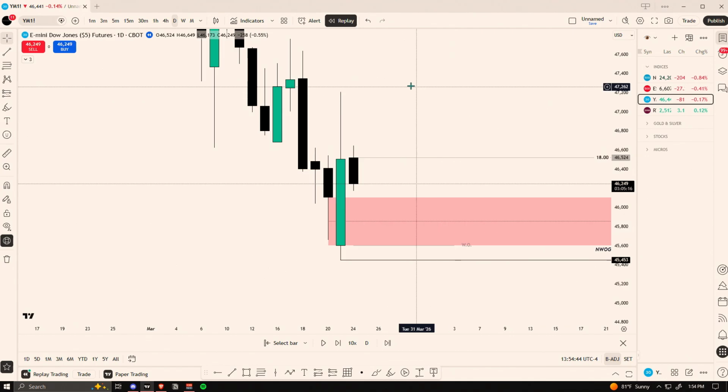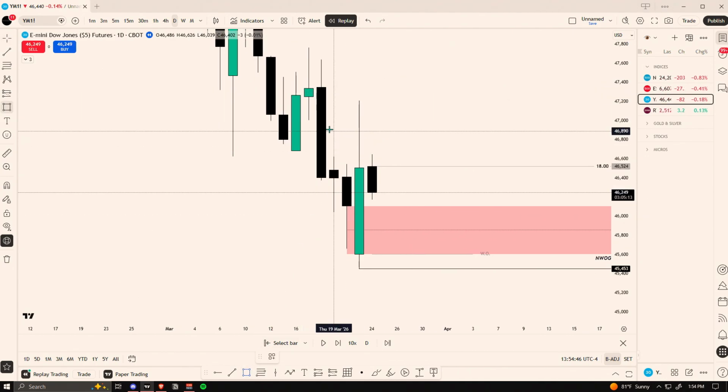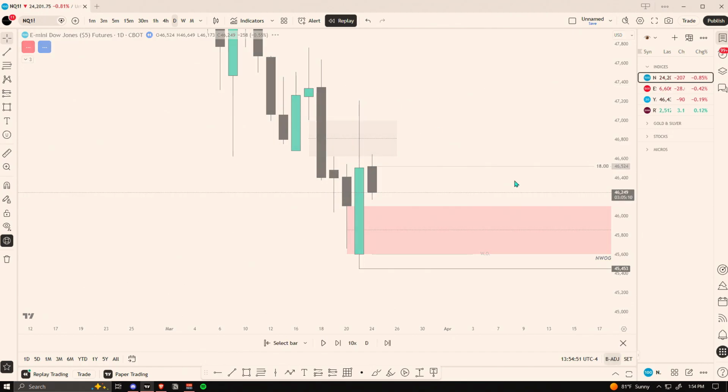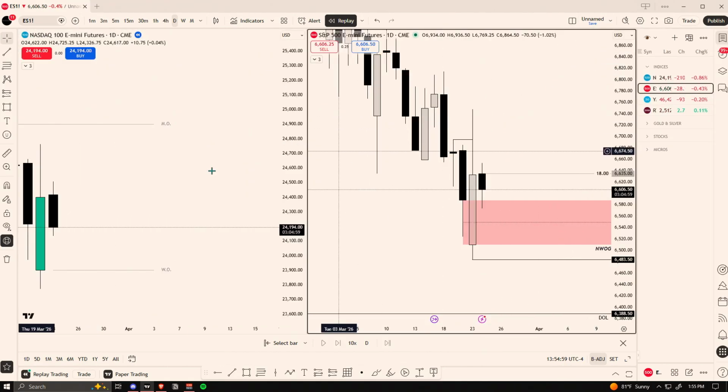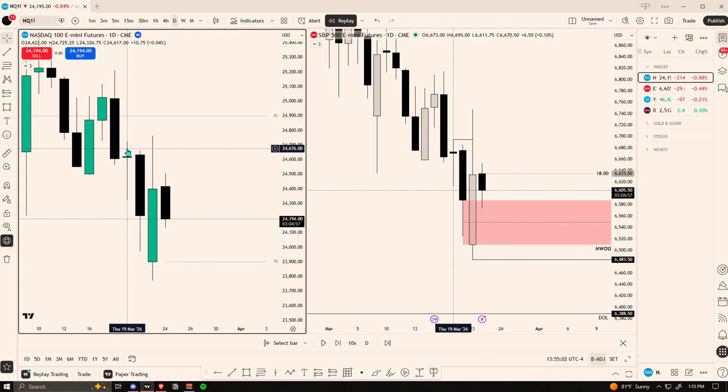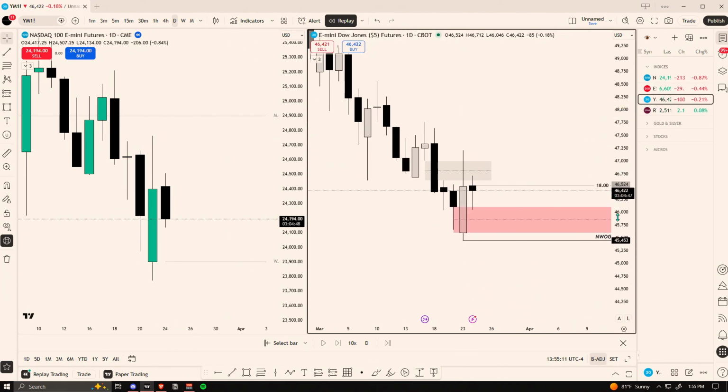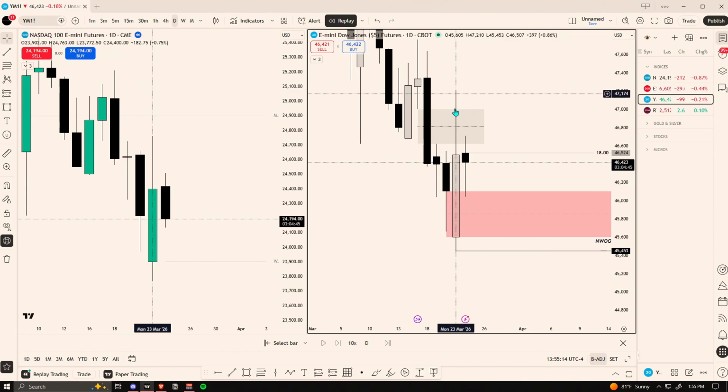Starting off on the higher time frame, of course, YM was inside of this gap that held from yesterday, and ideally I wanted to short Nasdaq just because it was the weakest of the triad. And how do I tell it's the weakest? Well, you can see the difference of the run above this high here, and then also the candle closure back inside the range. ES had a nice one, just had a larger opposing run, so that's why Nasdaq was the most appealing to me. And you can see YM had a very large opposing run and a stronger bullish candle closure.